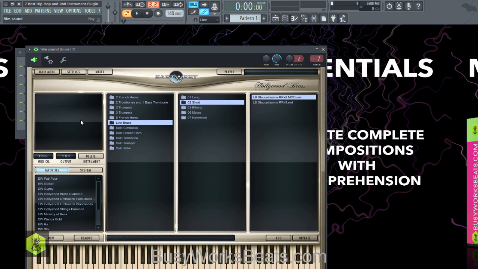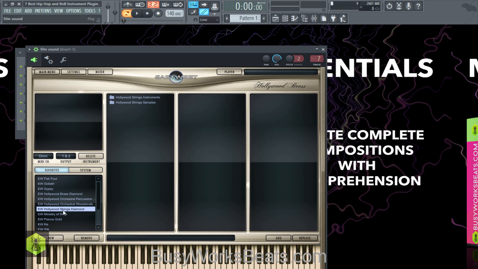Now I'm going to demo the Hollywood expansions. Now they have something on their site called Composer Cloud, which gives you access to their different libraries. You can download the libraries you want to use and use them on a monthly subscription. And I have many videos where I used Composer Cloud. I'm going to go through one of the libraries I actually bought, which is the East West Hollywood Orchestra Diamond. I'm not sure the edition, but the highest, Diamond.